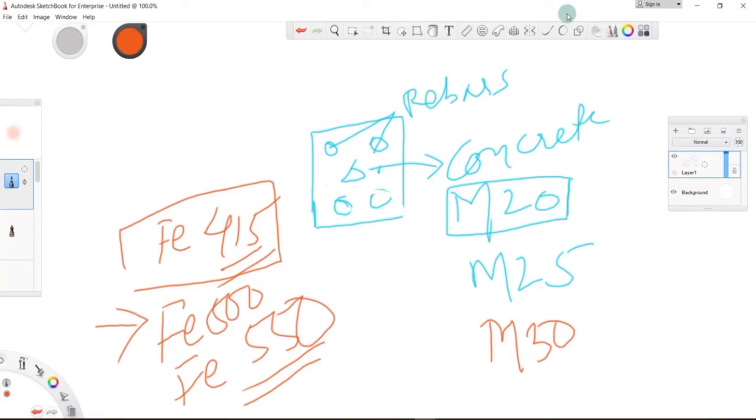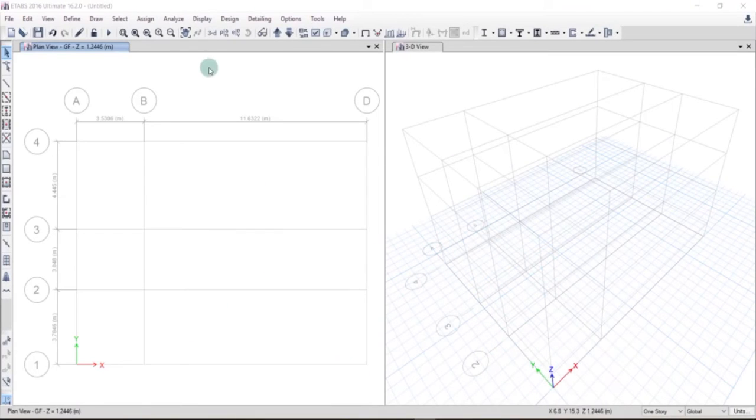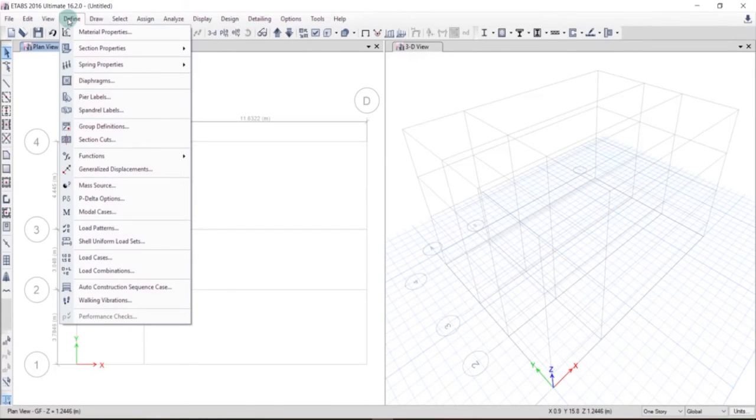So we have to tell ETABS what materials we are using in our structural members. So here we are using concrete and the rebar. We have to tell ETABS we are using this grade of concrete, and also we have to tell ETABS we are using this grade of steel. So we'll do this, okay. And for that we have to go to define, and from here click on material properties,